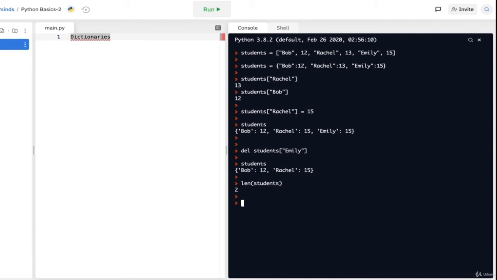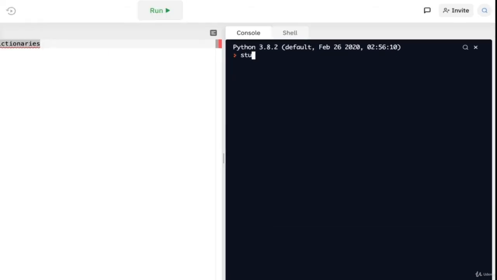One important thing to know about dictionaries is that you cannot have multiple different values for the same key. For example, I have 3 Bobs in the class. A dictionary like this, students equals curly brackets, Bob, one Bob who is 12, and then one Bob who's 14, and then one Bob who's 16. That should not exist, because now if I access the value of Bob, Python doesn't know which Bob I'm talking about, and it will give me the last value that I entered, which in this case is 16-year-old Bob. So whenever you use dictionaries, make sure that each key is unique, and that's what you have to be looking out for. And that's basically it for